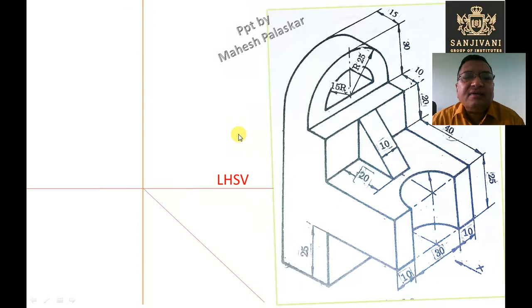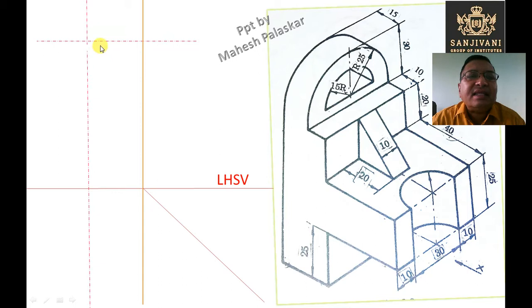Now we start with the vertical center line, which is the line of symmetry of the object. We start the front view with the center line, and this center line is continued in the top view also, right? Now the distance of this center line from this X1 Y1 line will be this radius 25 plus extra 15. Okay, so that is 40, approximately 40 mm. Next we draw the horizontal center line. So the intersection of these two center lines is nothing but this point of the object, right?